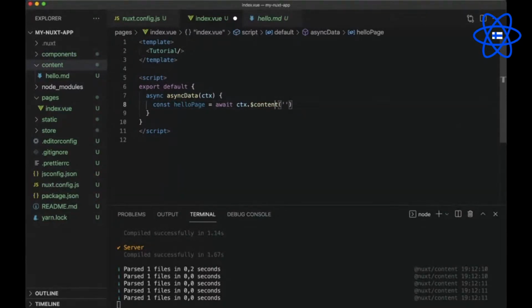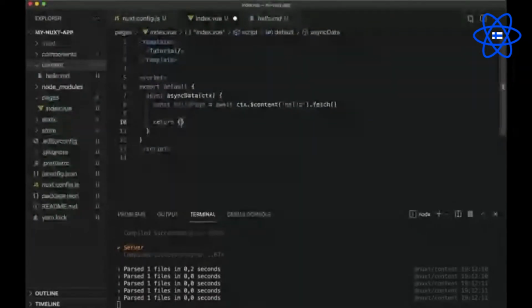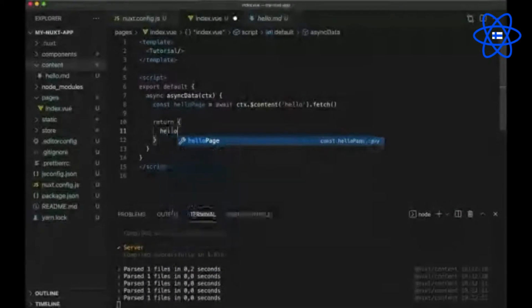As soon as we use this instance $content, the Nuxt content module knows where to look for that file. So let's simply provide the name of the Markdown file, followed by fetch, and let's return our hello page variable.